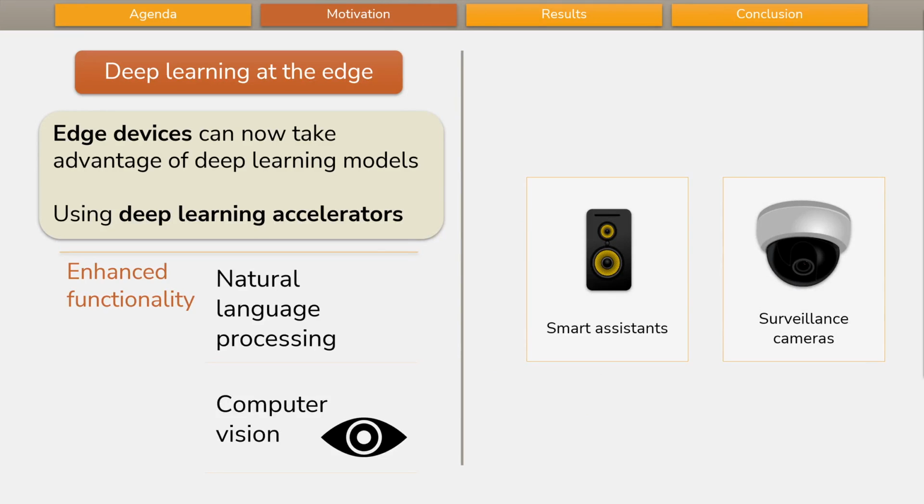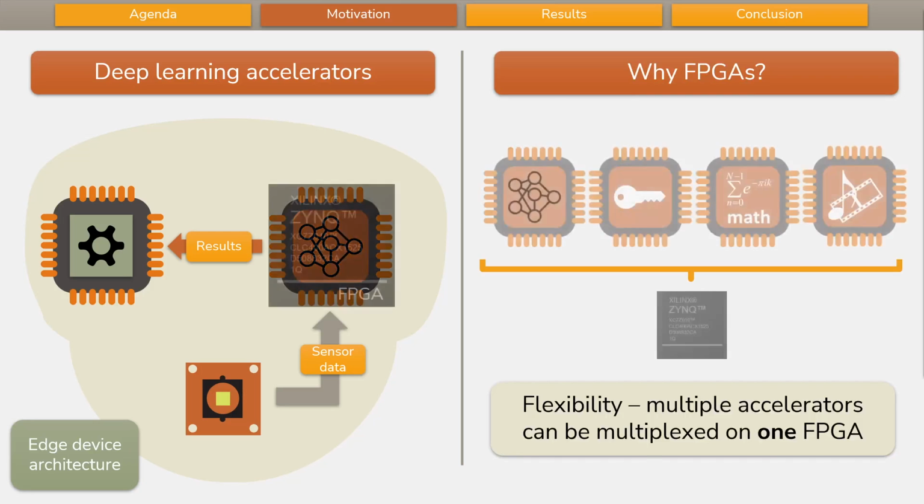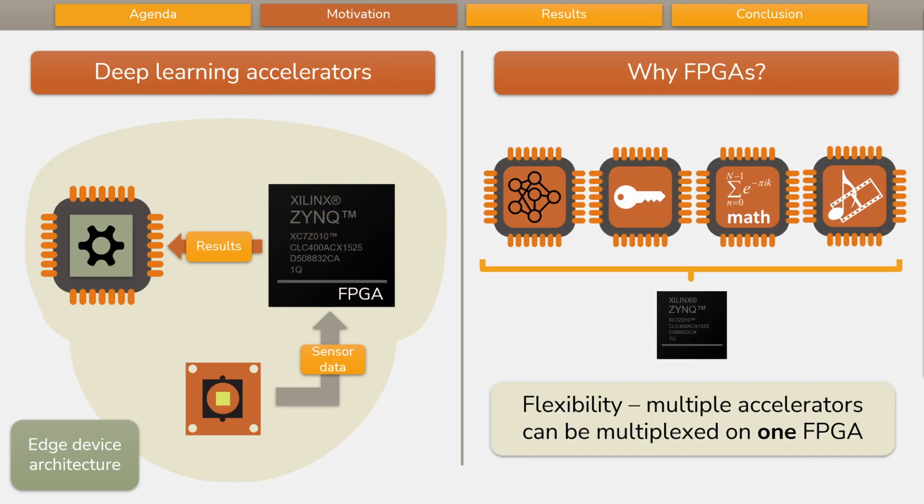Edge devices nowadays can take advantage of deep learning models to provide enhanced functionality in areas such as natural language processing and computer vision via the aid of deep learning accelerators. In these accelerator-using devices, sensor data is fed directly to the accelerator, allowing the application's processor to be relieved from the heavy arithmetic required for model processing. To implement these accelerators, FPGAs are commonly used because of their flexibility. Their reconfigurable nature allows for multiple accelerators to be multiplexed on a single FPGA, resulting in a more compact final